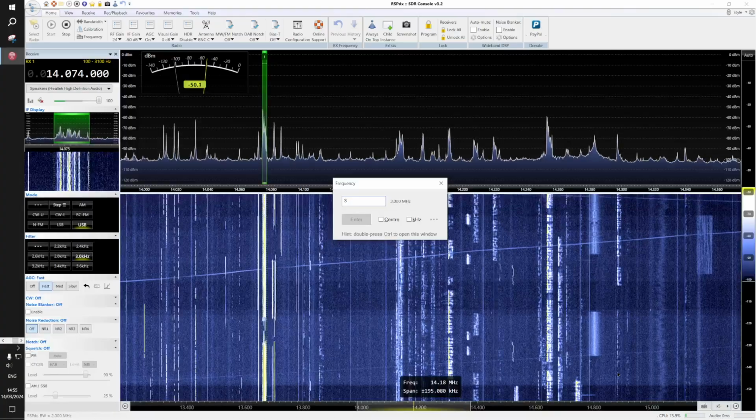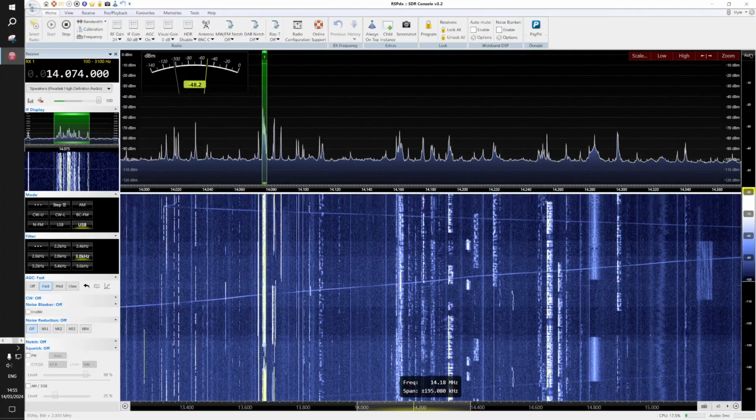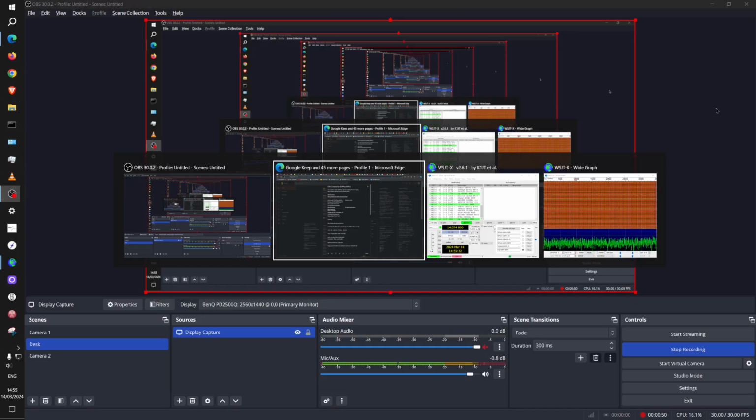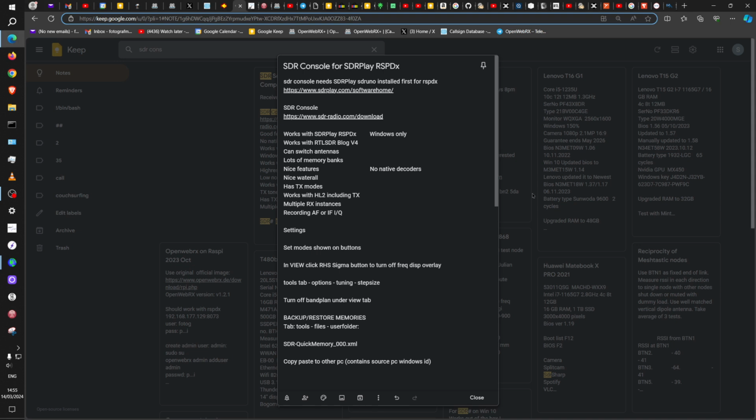So let's go back to the desktop and close the software that's running. I do it like that. I'm going to close this and then reinstall it with a newer version. Let me just check you're seeing the desktop. Yes, you are. Good. So first of all, you have to install the SDRplay SDRuno software from the manufacturer